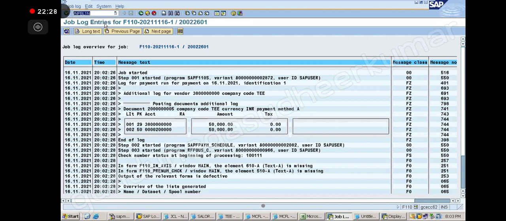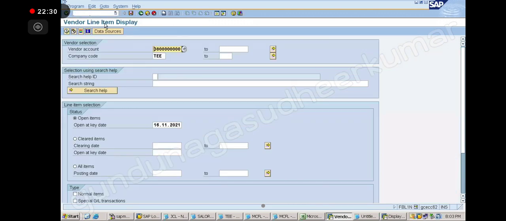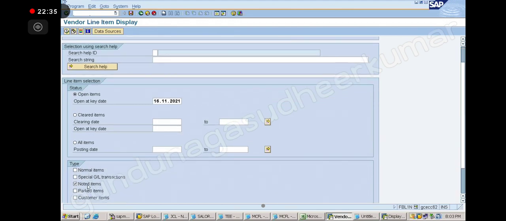Right. So if I go to FBL1N, now tell me what will be there in the noted item. No open item. In noted items, what will be there? Already we paid, noted item or not? Let's see.